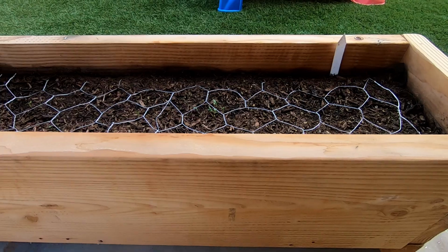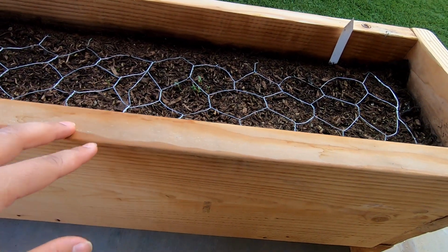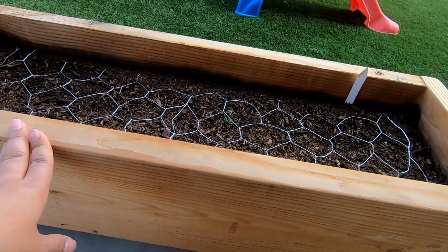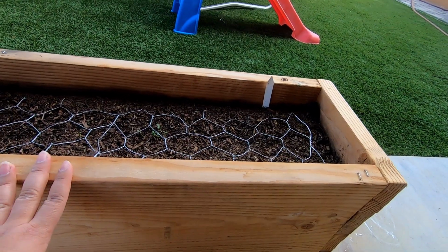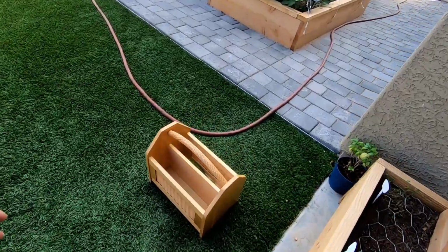I wanted to see what would pop up first, and the flowers here are doing really good. Now, if you were to ask me which flowers I planted, I have no idea. I seriously just threw seeds down and hoped that something would sprout, because for the longest time, nothing was growing in these. But I think it was the temperature, honestly. And I guess that's it for right now. Time to go inside with